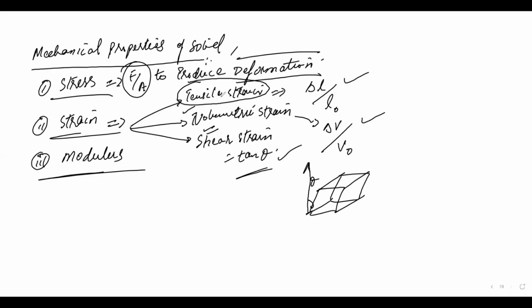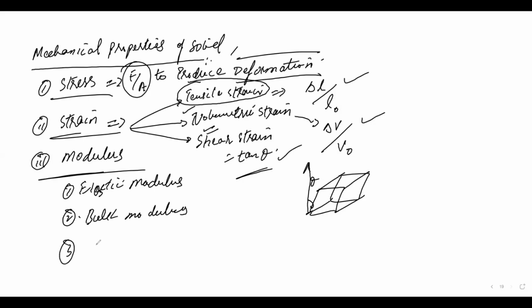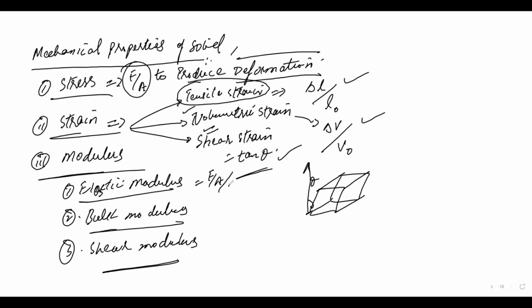Now, similarly, since we've got three different types of strain, we can even calculate modulus in three different ways. First one of them, everybody among us knows it, and that is the elastic modulus. The second is the bulk modulus. The third is the shear modulus. The only difference is what strain you're talking about. For the elastic modulus, it is simply F upon A divided by change in length to original length. For the bulk modulus,